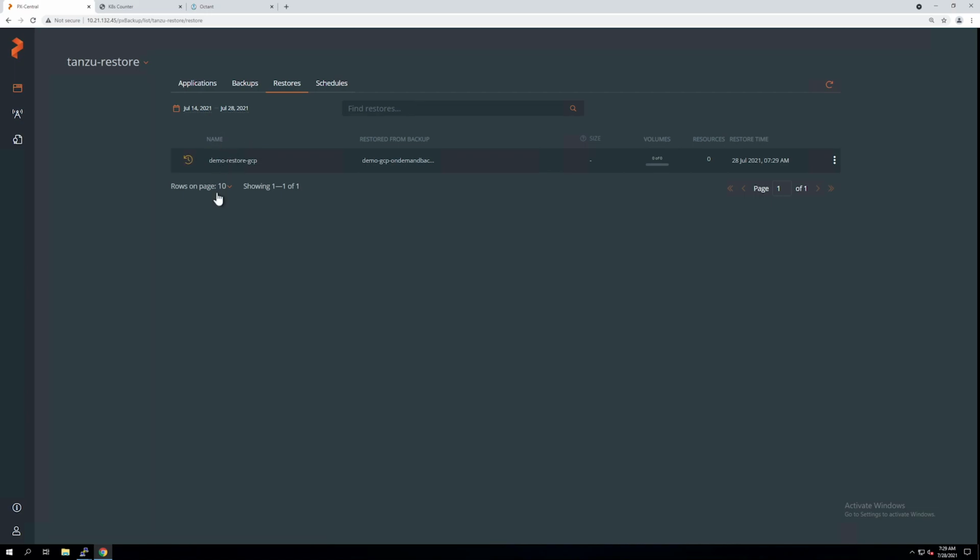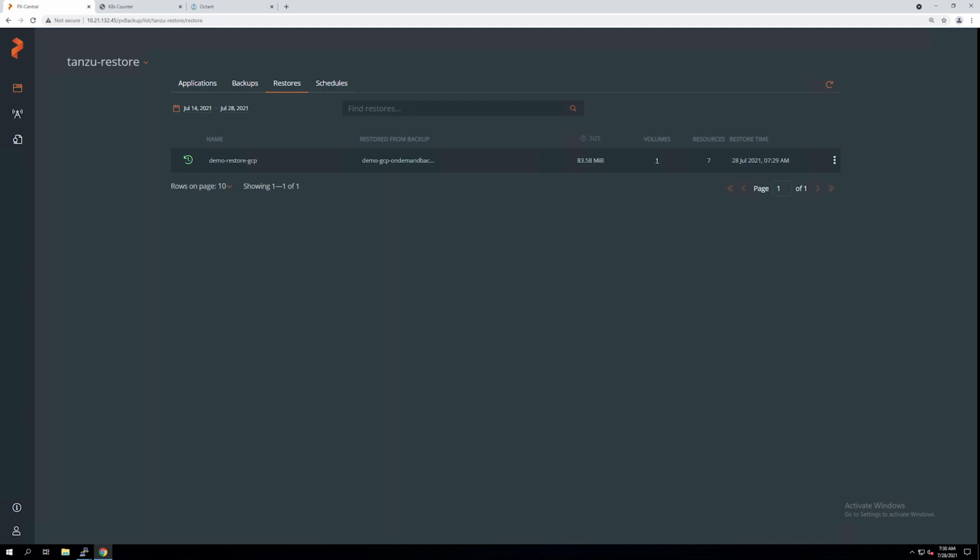Once you hit restore, it basically starts creating those resources on your GKE cluster. And this should be quick because our data is already in GCP. So it is just creating the namespace, the deployment objects, the persistent volumes, and bringing my application online in my GKE cluster. So at this point, we didn't really delete our application on the on-prem side, or didn't delete the TKGS cluster itself. We're just performing a restore to a GKE cluster. You can use this user interface to monitor how the restore operation is going. And you can look at all the different objects that are being restored. Once you see the green sign there, that means your restore is successful.